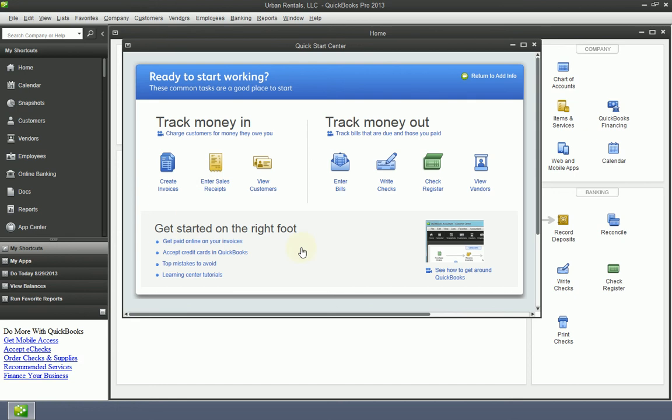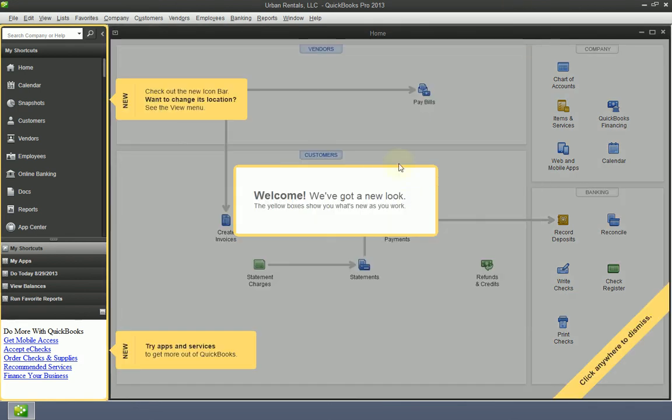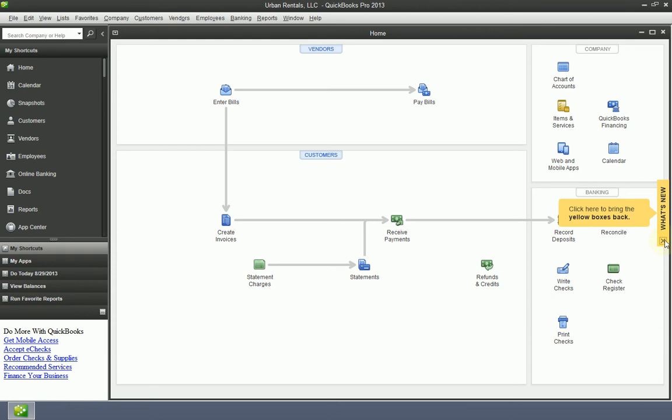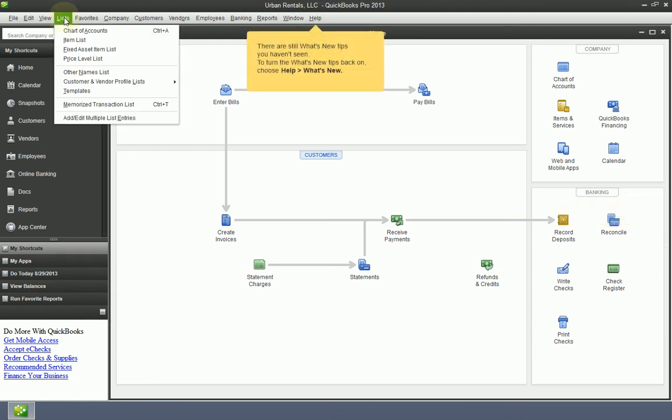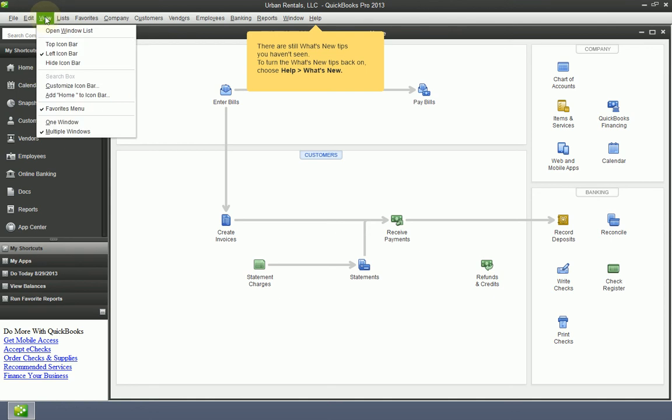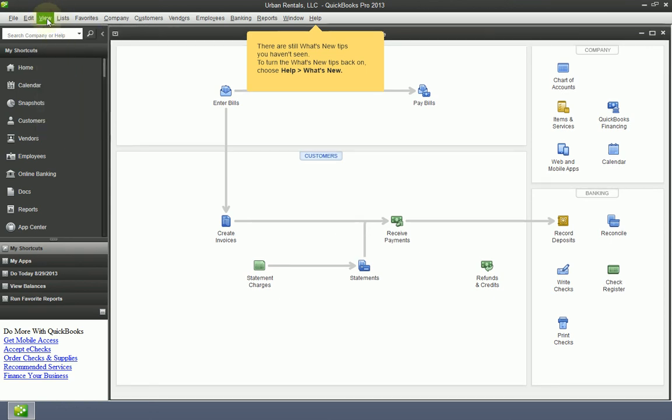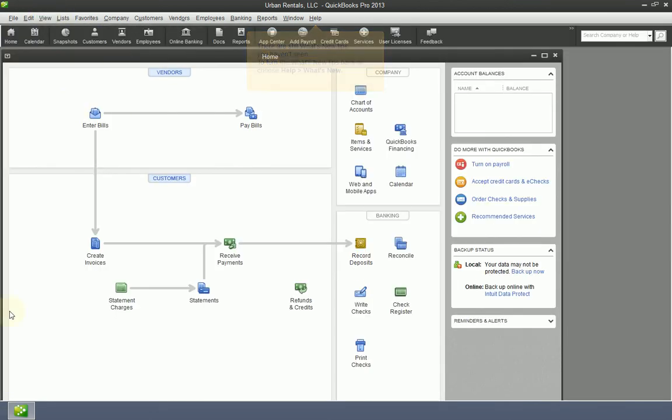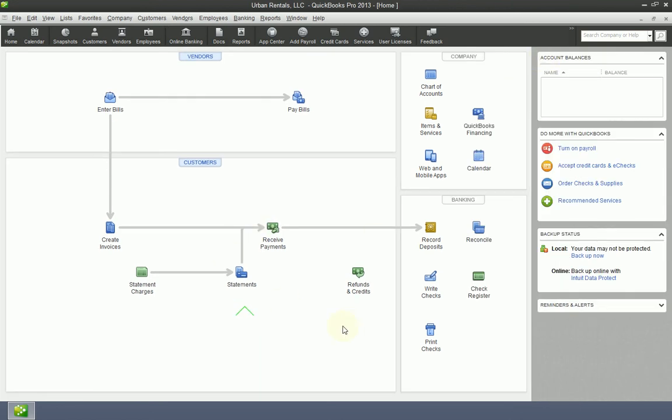I'm gonna close out of this. I'm not gonna mess with that. I hate this. What's new is not needed, and I prefer to have my menu bar on the top. So I just move that from the left here to the top, so I can get the most amount of real estate up on my screen horizontally. And then I also don't like starting from this home screen. But